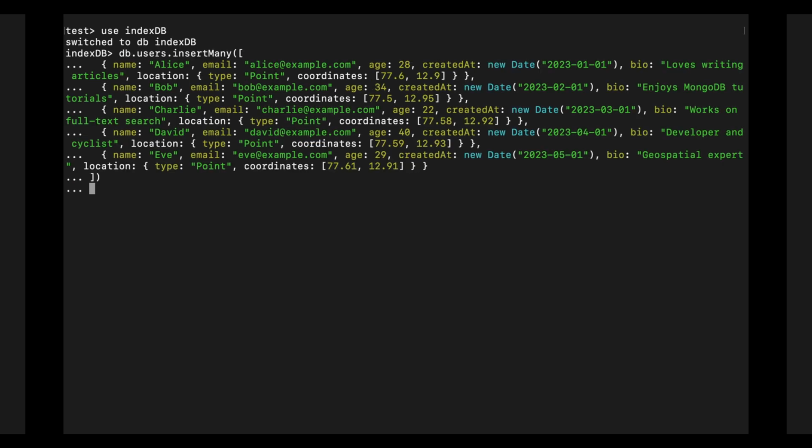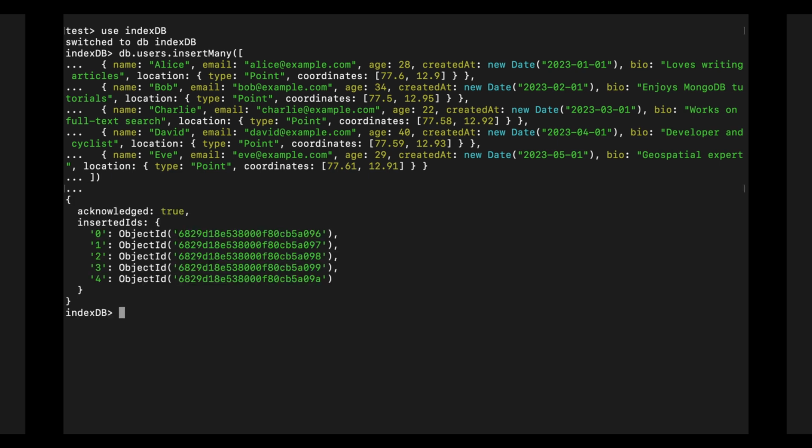So first of all, let's insert some data so that we can apply indexing on that particular data. So I will create a database, let's say indexdb. Now I insert the data. I've already created this data set. So I've created these 5 documents inside the collection named users.